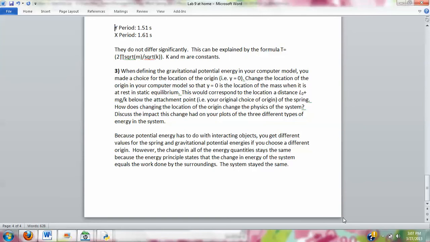The third What Does It Mean question asks us to change the origin and then look at the resulting change in the energy plots. Because potential energy has to do with interacting objects, you get different values for the spring and gravitational potential energies if you choose a different origin. However, the change in all of the energy quantities stays the same because the energy principle states that the change in energy of the system equals the work done by the surroundings, and the system did not